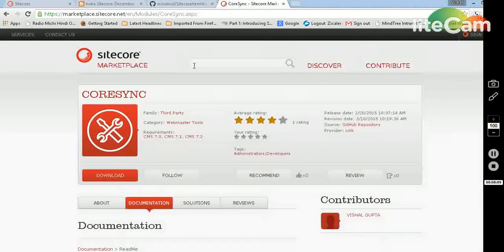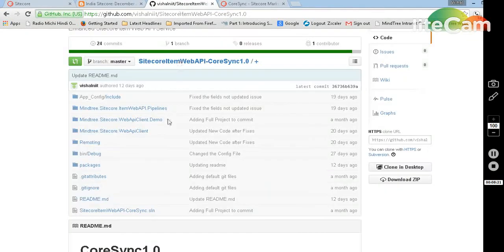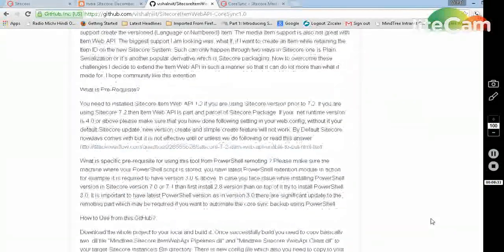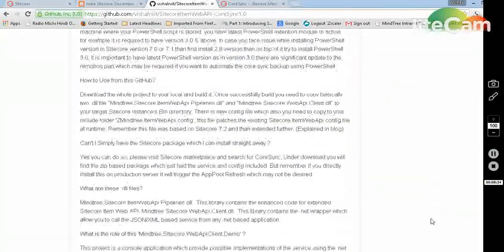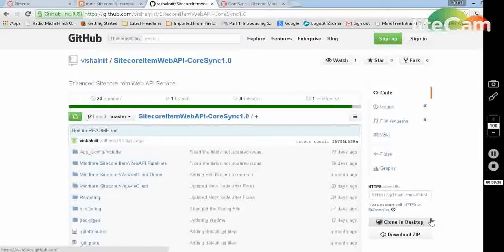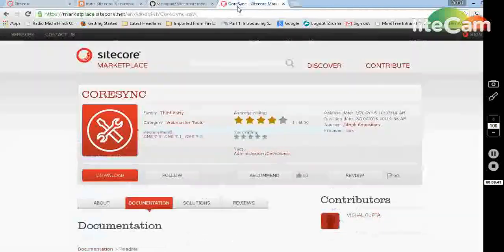Though it is available here, I am pretty sure you will not be able to extract the source code out of it, because obfuscation has been done on those DLLs, or the logic of the CoreSync itself. But pretty much the engine which it runs on is available and open source. You can read here what is required to have this running. So let's go and download it and install it.